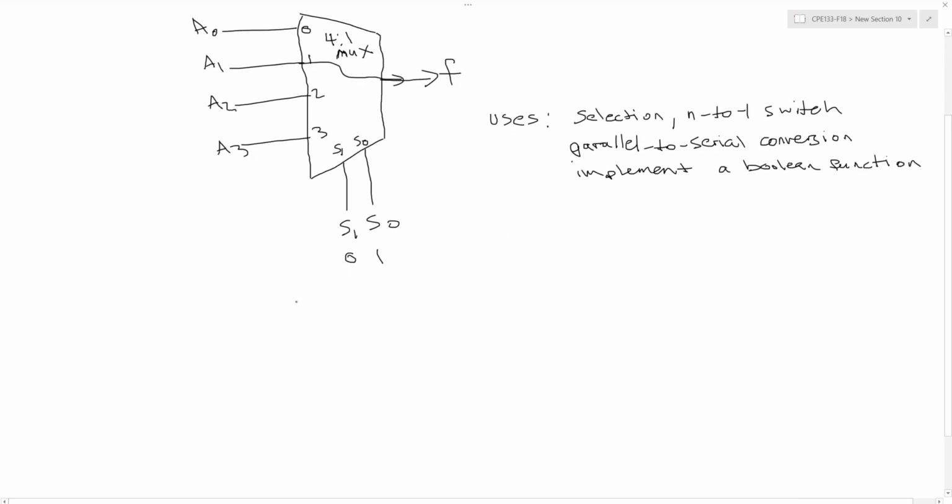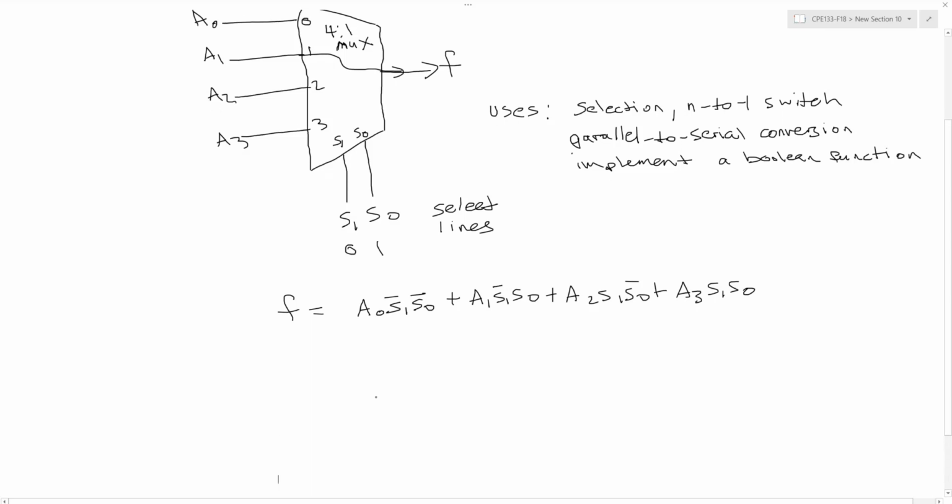So for this 4-to-1 MUX, the Boolean expression that represents the output, F, would look something like this. If S1, S0 are select lines, are 0, 0, then A0, whether that's a 0 or 1, will be my output. And I can do the same thing for the next input. So A1 will be selected if S1 and S0 are 0, 1. Okay, so the circuit diagram then for this